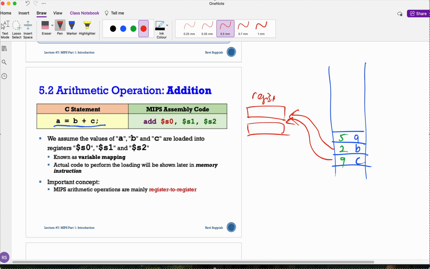Okay, I need to move into my internal registers. Then after that I perform the add operation, and after I perform the add operation, I will store it into a variable, a register as well. So in this example, when we say that this translates into this assembly code, what we are